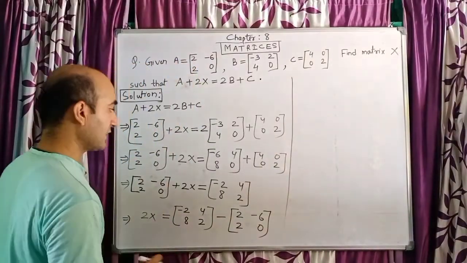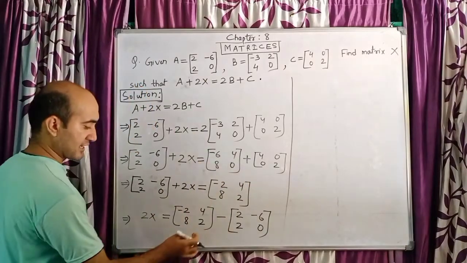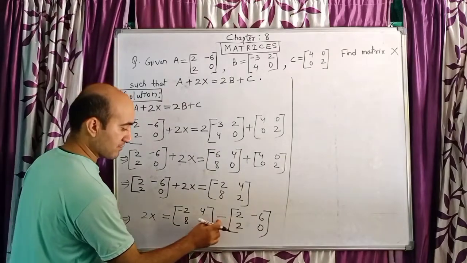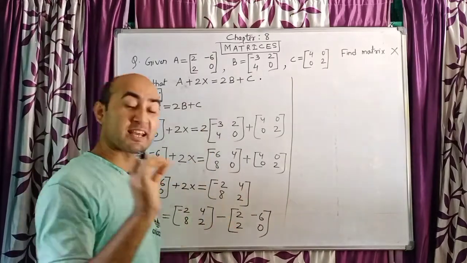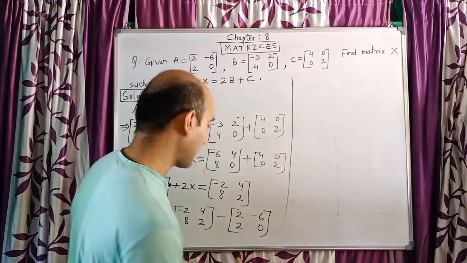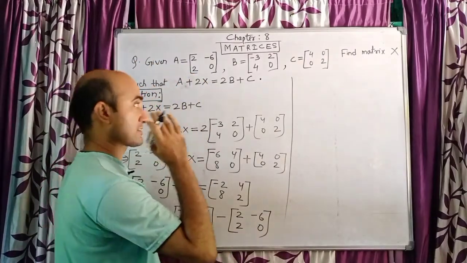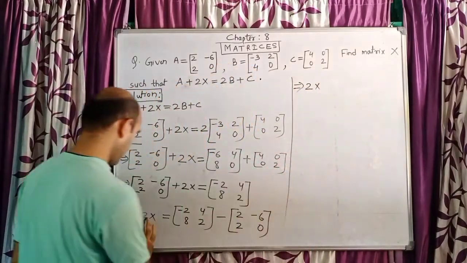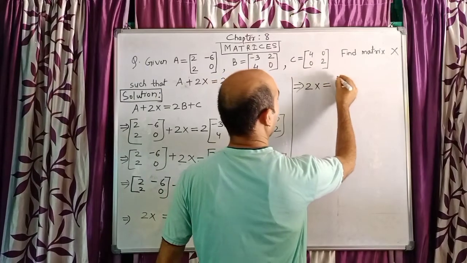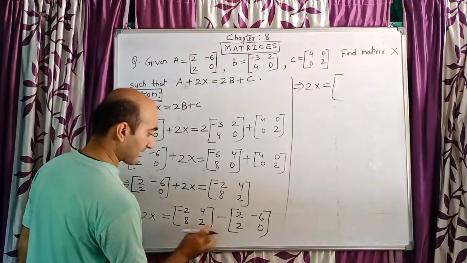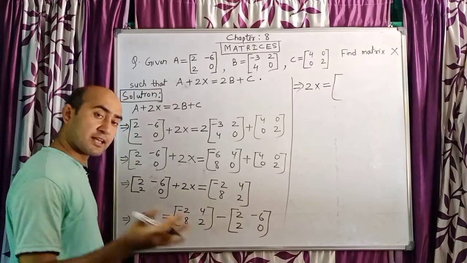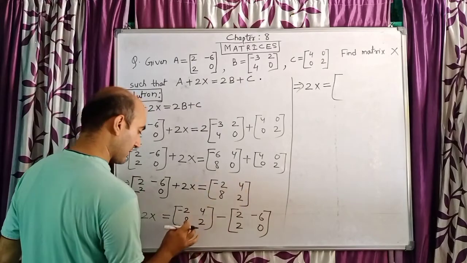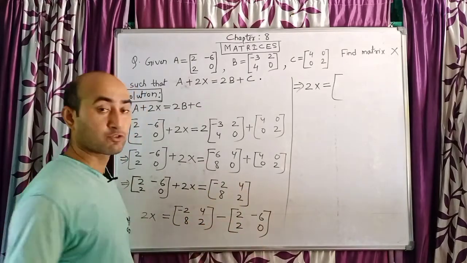So now you can see here we added two matrices. Now we will subtract two matrices, because there was a plus symbol in the middle here, and there is a minus symbol in the middle here. So in this question we are able to add matrices, and even subtract matrices. So now we will subtract two matrices. This 2x I write the same here, and now here I will subtract these two matrices. So again subtraction also is the same, children. First element with first, second element with second, third element with third, and fourth element with fourth respectively.